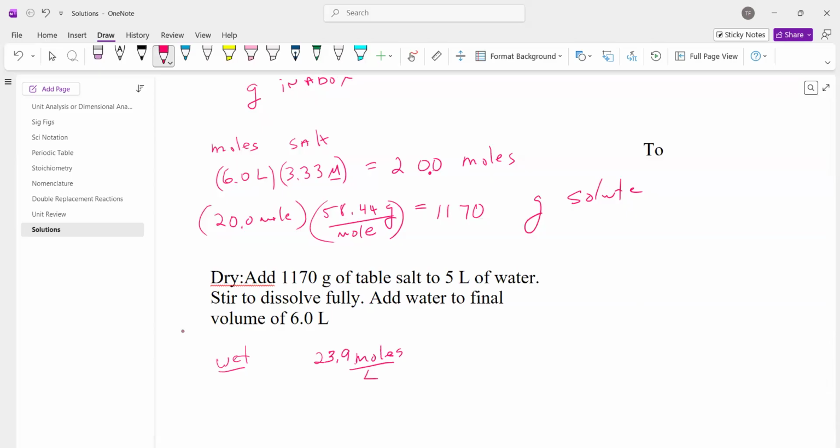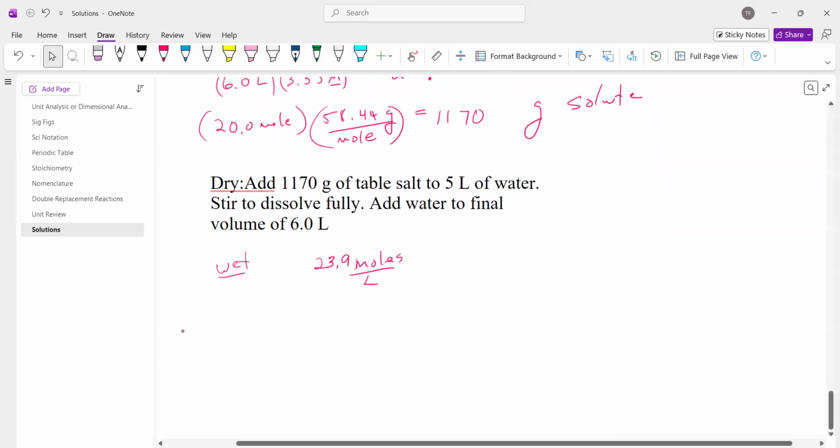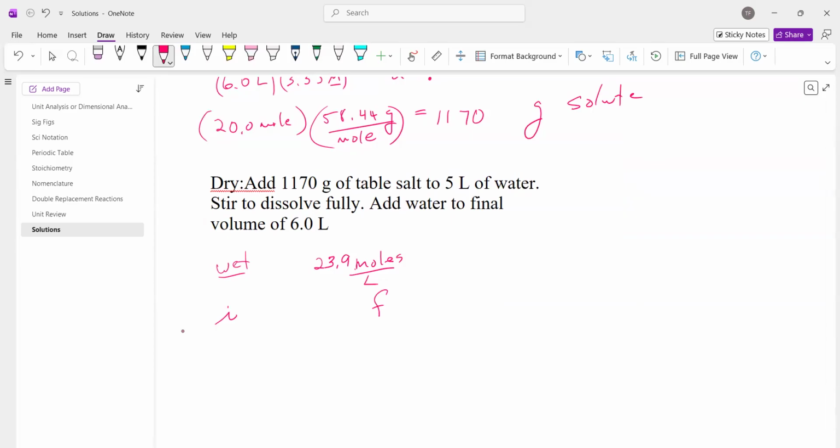So let's set up our equation, the initial conditions and final conditions. The initial conditions are we've got the concentration of 23.9 molar times, we don't know what the initial volume is yet. We're going to calculate that. That's how much of the brine we're going to add to the final solution. And for the final, it's going to be